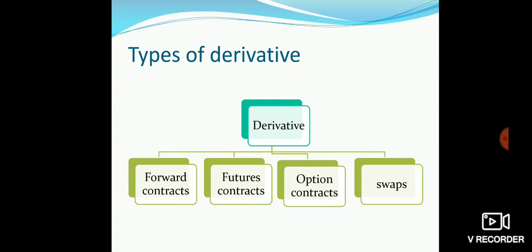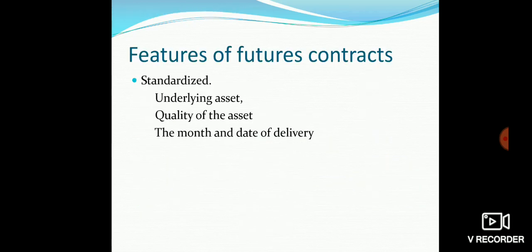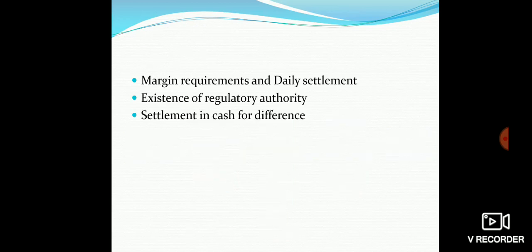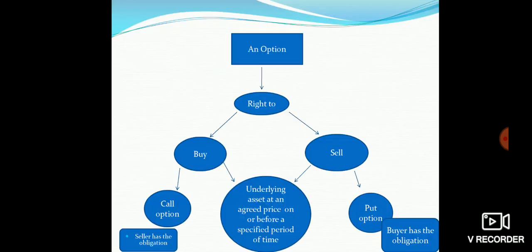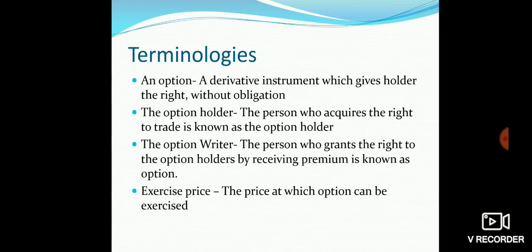An option contract is a contract where one party has the right to execute the contract. One party has the decision making power and the other party doesn't have the decision making power. If one party decides to execute the contract, the other party should agree. If the party decides to cancel that particular agreement, then the other party has to agree. So when the buyer has the right and the seller has the obligation, it is called a call option. When the seller has the right and the buyer has the obligation, it is called a put option.